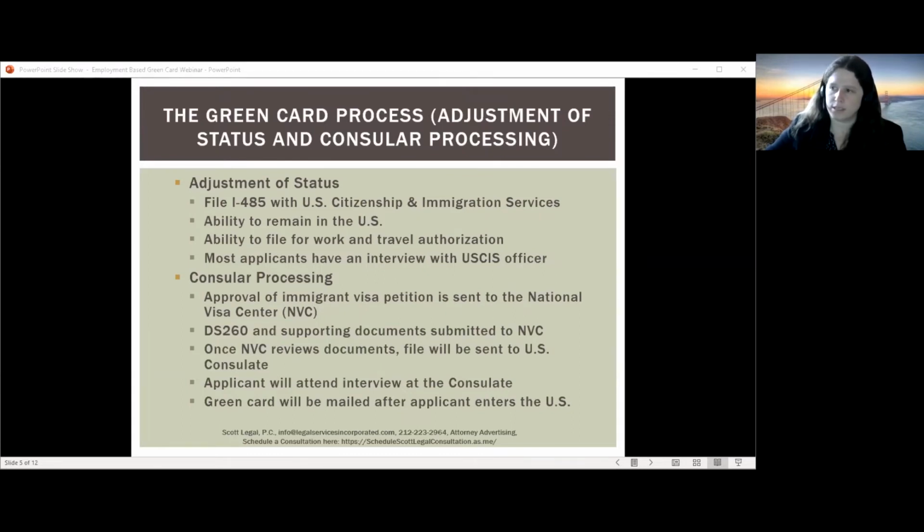If you do, the process is that once your I-140 is approved, that approval will be sent to the National Visa Center. They'll send a welcome email saying they've received the case and it's ready to proceed, and they've assigned you a case number. You'll then complete what's called the DS-260 and submit supporting biographical documents to the National Visa Center, such as passports, birth certificates, marriage certificates, divorce certificates, and police certificates from anywhere that you've lived for more than 6 months after being